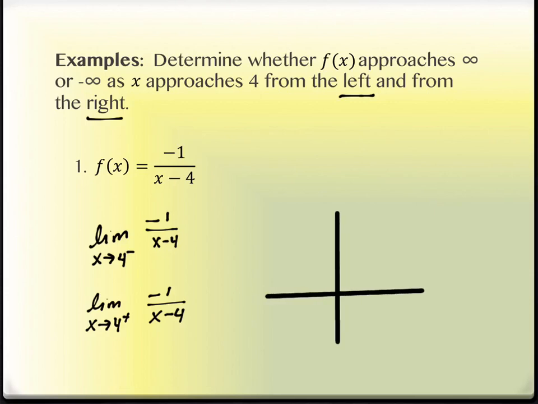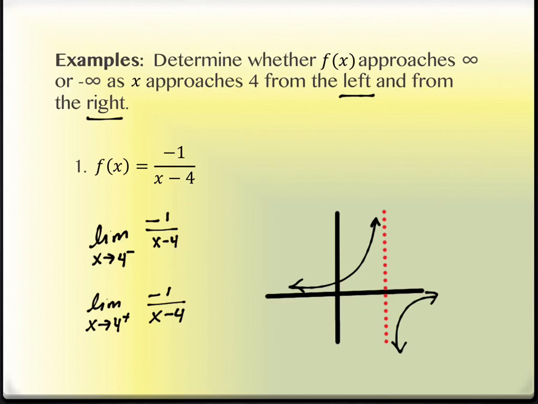So if we were to draw this graph, and you can get it from your calculator, I'm not asking you to remember how to do it per se. That's not the point right now. But if I were to put this into my calculator, it would look something like this. My calculator's not going to do a dotted line, but I'm going to draw it in. The graph looks like this. Your calculator might actually try to connect it and make it a vertical line in between. You have to use the knowledge that you have to say, I know that that's not really what's happening here, even though the calculator's doing that.